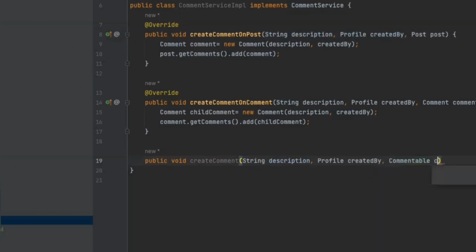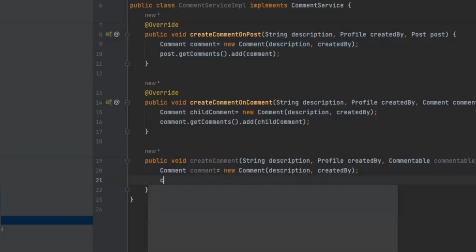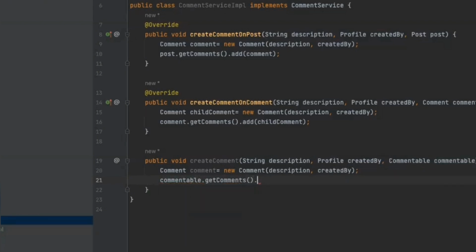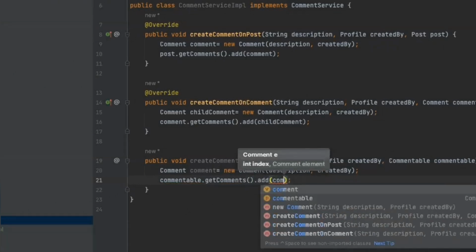So commentable, we need not check what instance it is. Just what we have to do is create a comment. We created a comment and we want to add it. So just commentable dot get comments dot add this new comment.